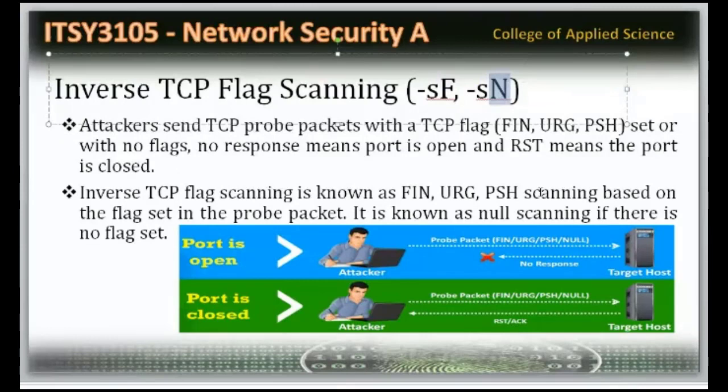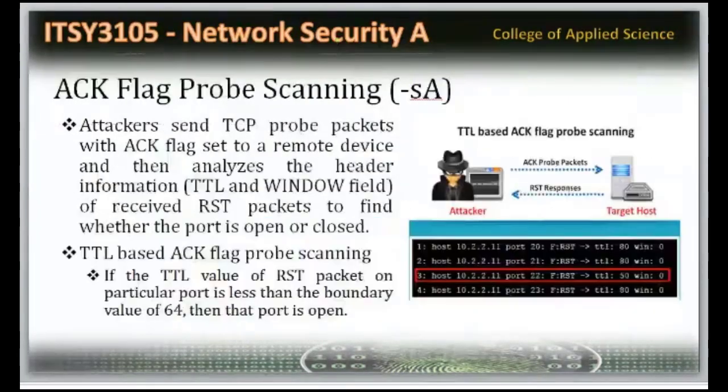Like that. If you run some commands, you will understand clearly, but try to understand the concepts first. So I'm giving an acknowledgement, and I'm going to get a response. From the response of this machine, I can find the IP address of the machine, the port number of the machine, the TTL value of that machine, everything I can find in the reset packet. So this is the acknowledgement flag probe scanning method.